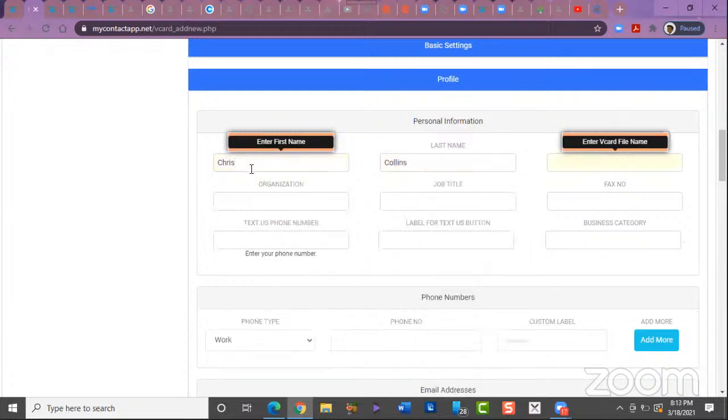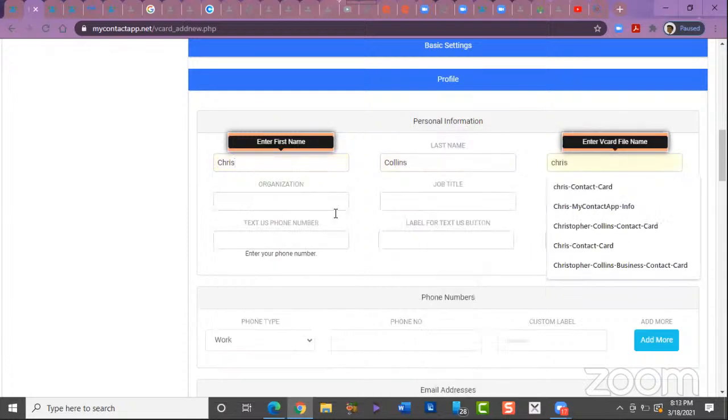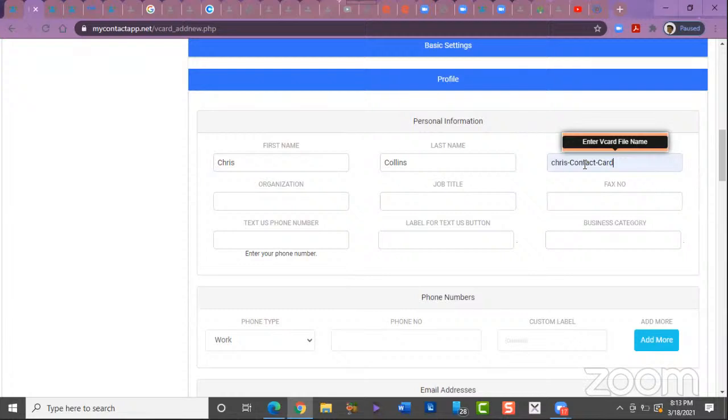And this is the file name. So you see I have here, Chris contact card. Always include contact card at the end of it, because this is the actual file that goes in someone's phone. As someone is saving your information, the phone is going to give them a